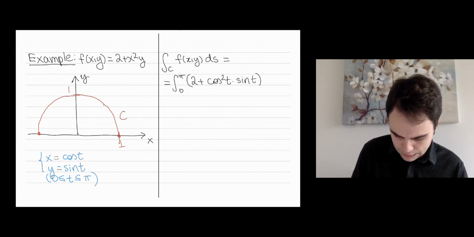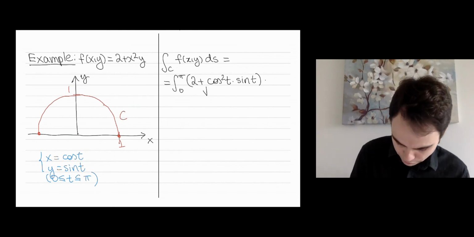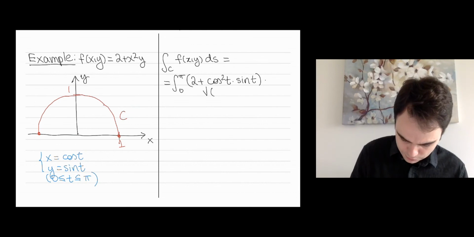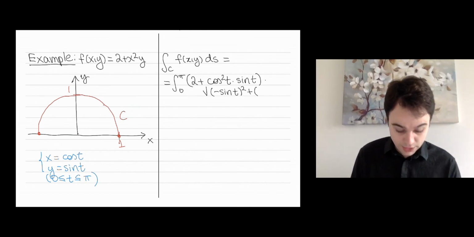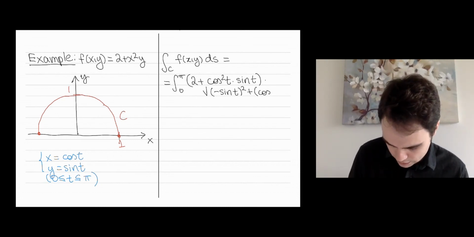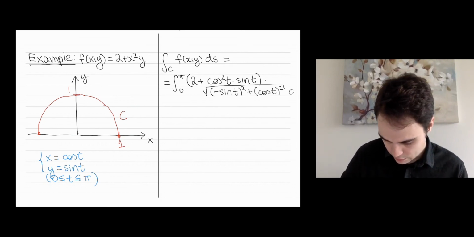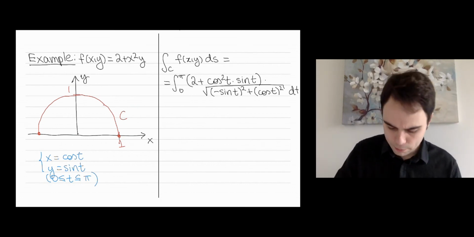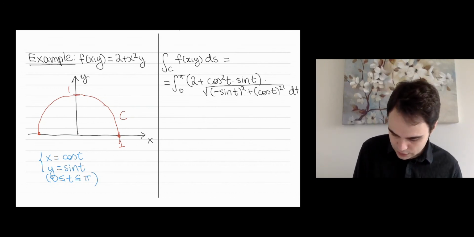And then you multiply by that square root. So it's the square root of dx dt squared. So the derivative of x is the derivative of cosine, that's minus sine, plus dy dt squared, that's the derivative of sine t, squared. All this integrated with respect to dt. Now, you guys can see that the square root in this case,